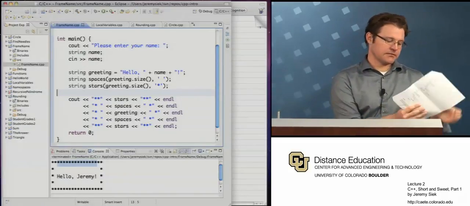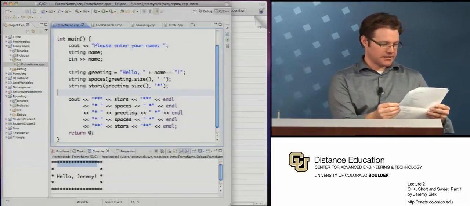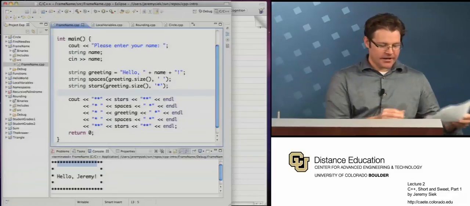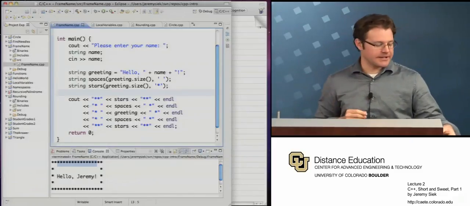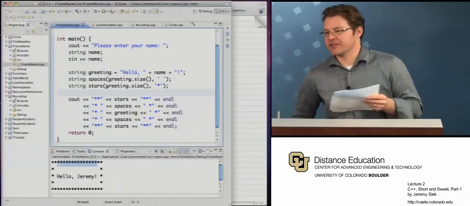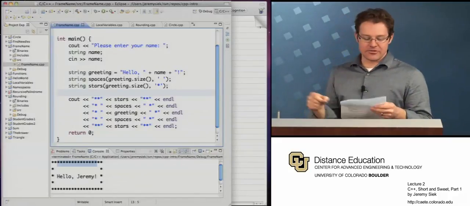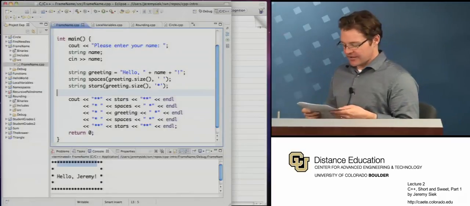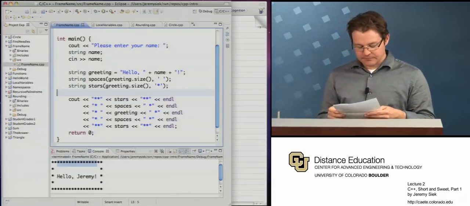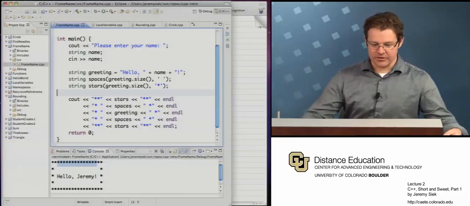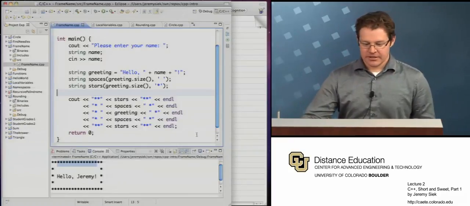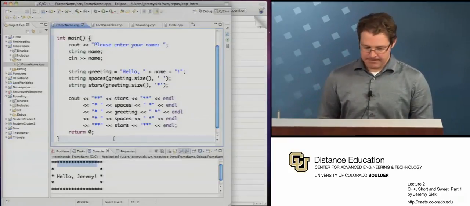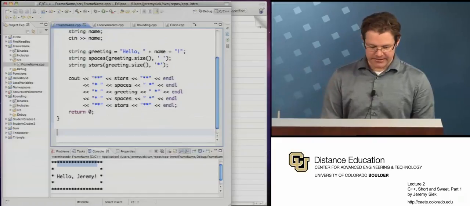All right. Let's see what's next. Okay, let's just take a couple minutes. If you've got your laptop here, cool. If not, maybe get out a pen and paper and try to come up with a solution to this. What I'd like you to do is try to write a program whose output looks like this,